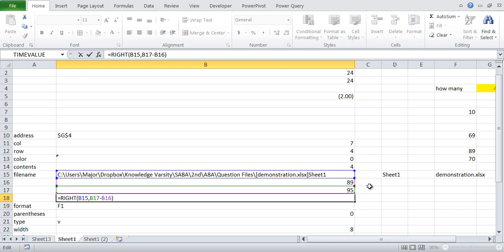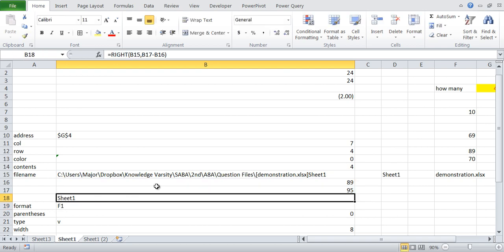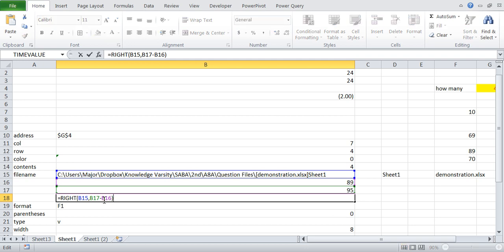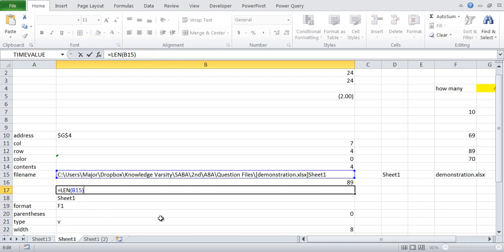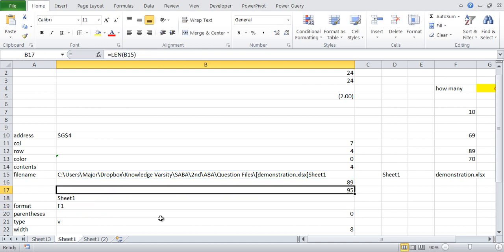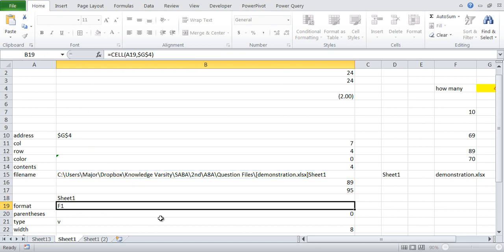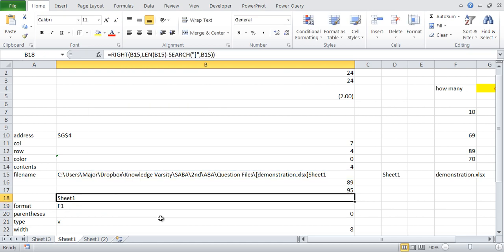What I have done is, in B17, I copy the B16 formula and paste it here, remove the equal to sign, and I copy the LEN formula and remove it from B17, and that's that. So this is how I'll get the sheet name on which you are working.